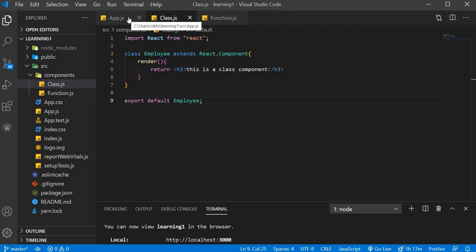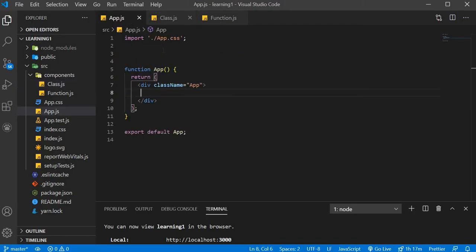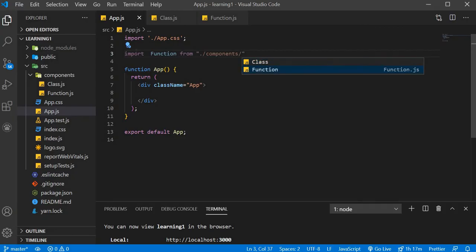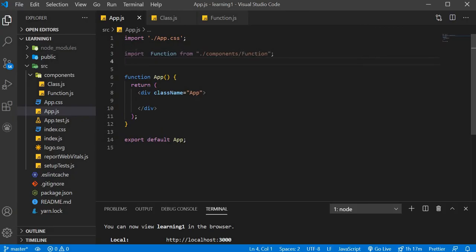Now we have to import all these components inside our main file app.js. So import Function from components/function. This is how you can import your function component.